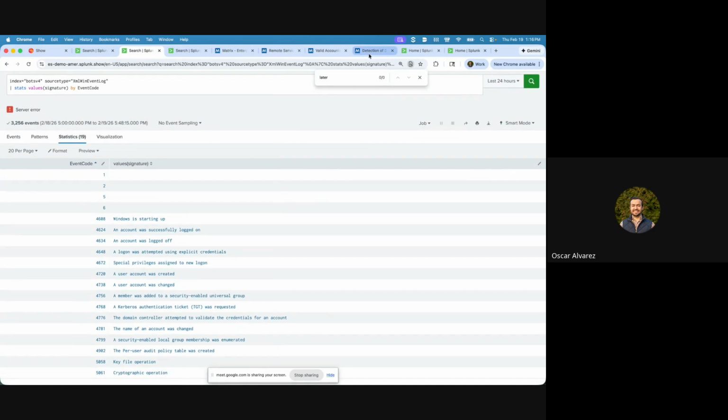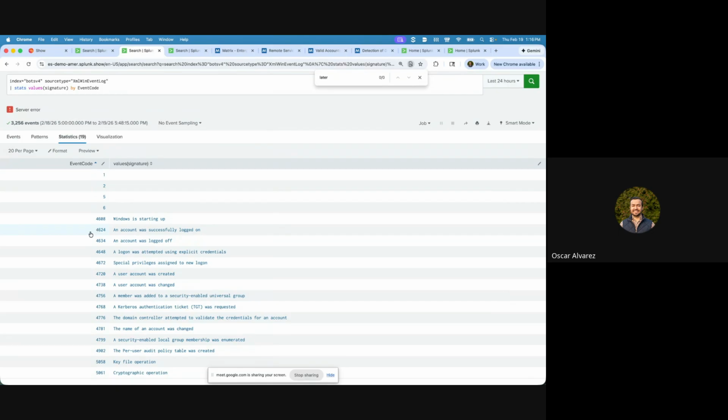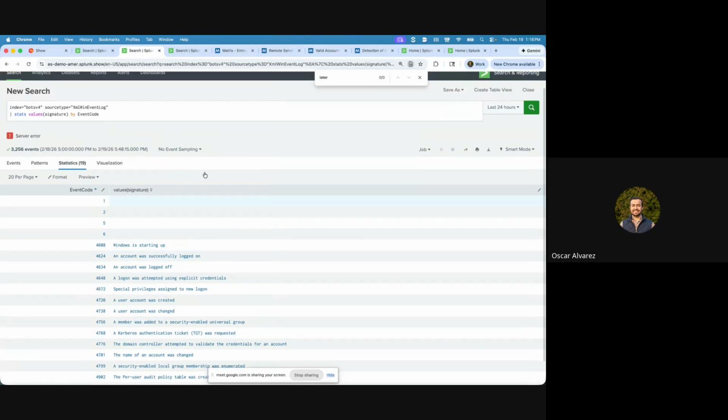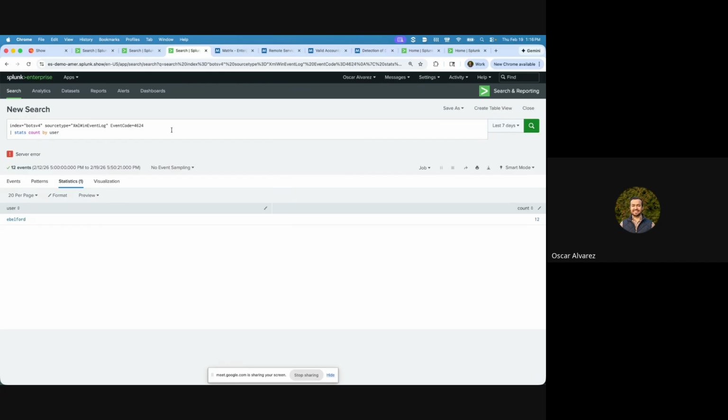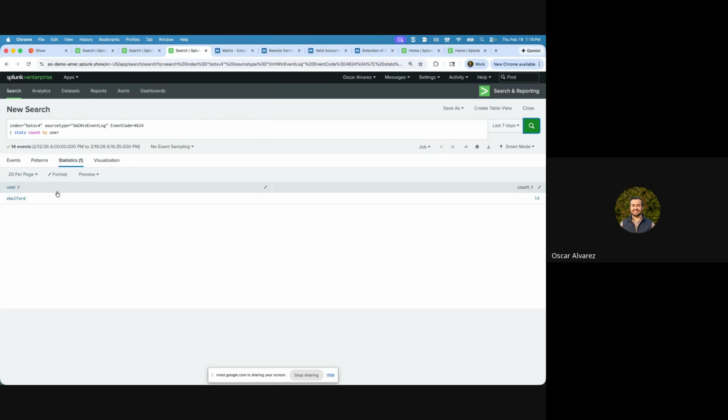So in this case, right, we're looking at 2 event codes it suggests here. So 4624, I believe, is one that we have here. 4624, an account was successfully logged in. And with that, you can start formulating some search that could be useful for your environment. Again, this demo environment used to have a result here where a user was logging in thousands of times per hour, right? So you can start using that information from the MITRE ATT&CK matrix to start digging into some of those areas yourself, but from a more structured